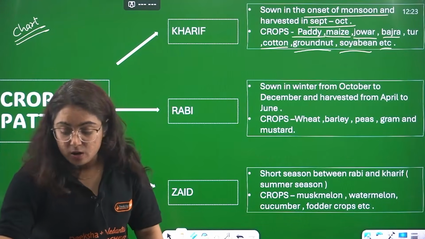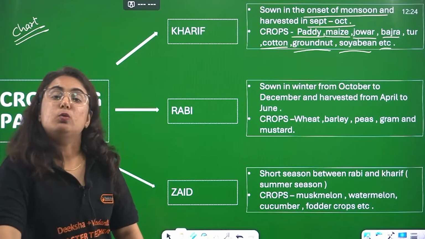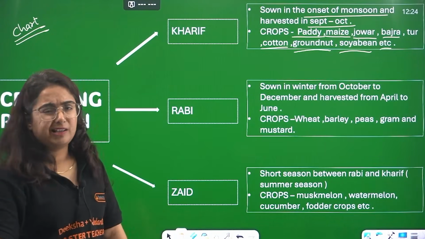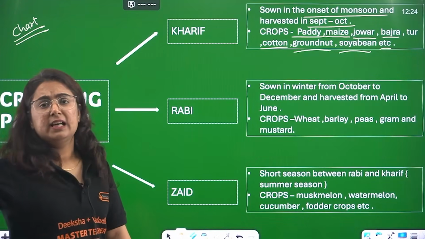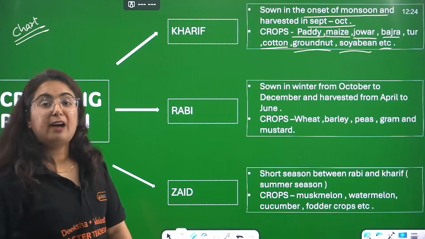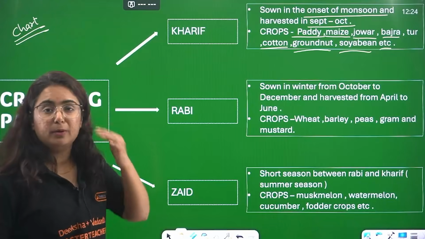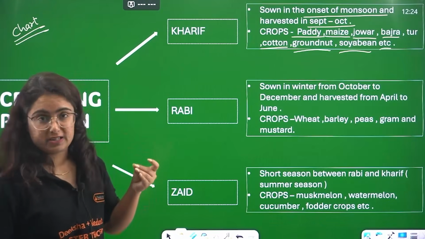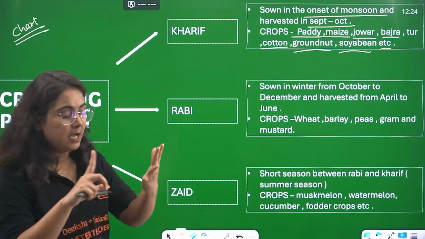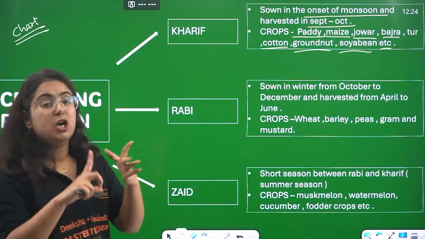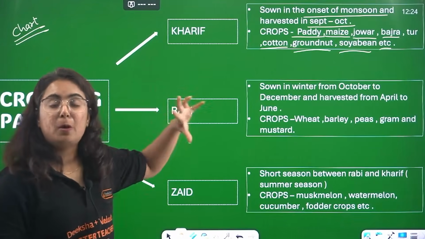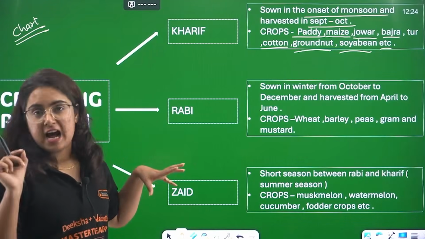Okay. Now, bhai ma'am, how to revise that? Beta, you have to analyze it, right? If you are thinking that I will just mug up, read it again and again, you will mix up the crops in the exam. You have to analyze it in your neighborhood, that by which crop is grown when. Okay? By the way, we don't have that much time for now. It's paddy, maize, jowar, bajra, cotton, groundnut and soybean. All the major crops are listed here from where the chances of getting the question is higher.